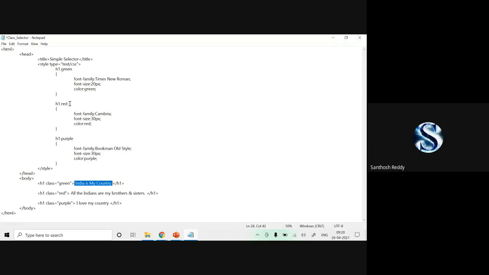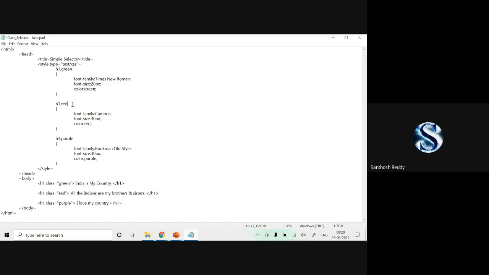Where should I change the statements? I want to apply the red property to the purple.